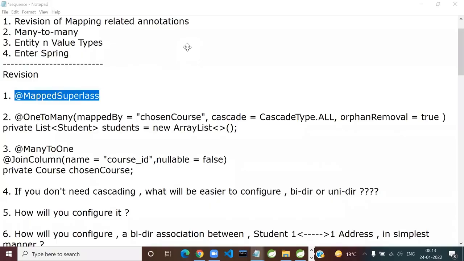So tell me the significance of MappedSuperclass. Will it come at a superclass level or subclass level? Obvious question, superclass level. And what are you telling Hibernate? That this is going to be a common base class, a common superclass from which other entities will